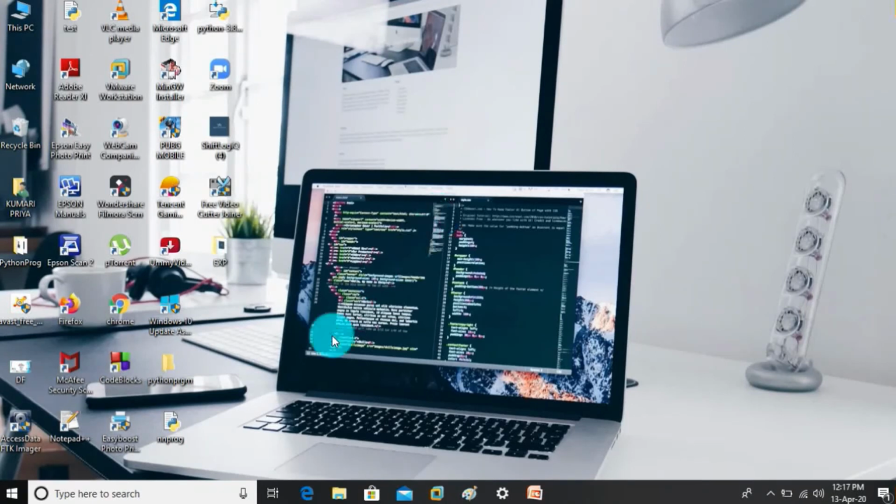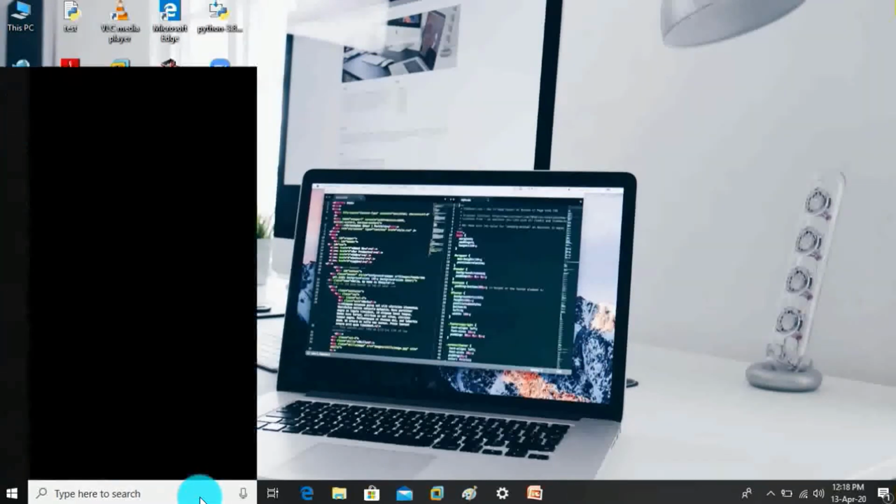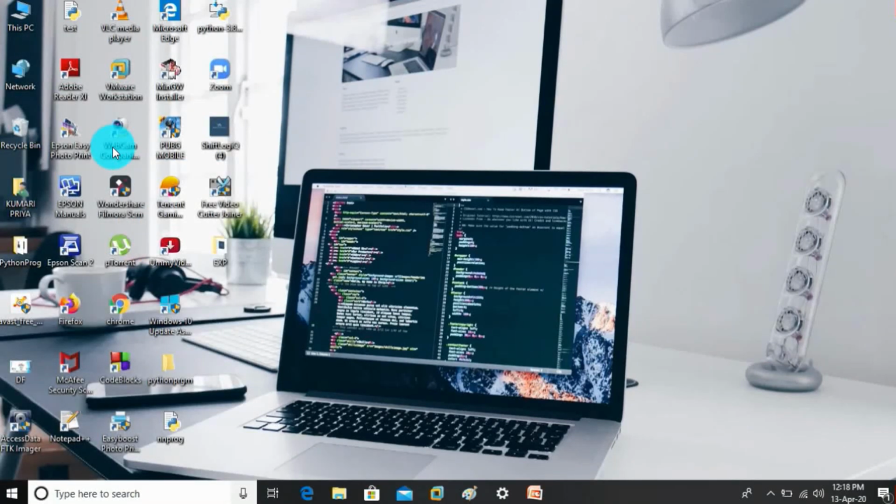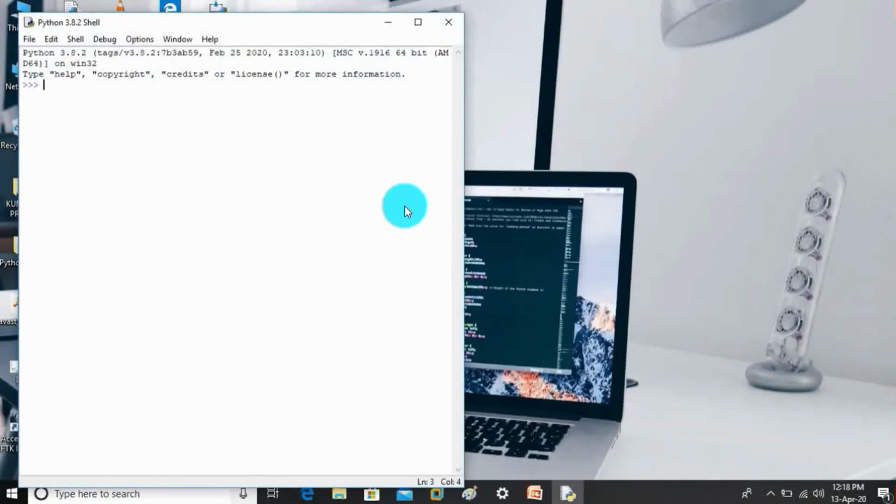To start IDLE on Windows, you need to type IDLE in search and hit enter. Alright, so you can see here Python IDLE. Now let's try some piece of code.